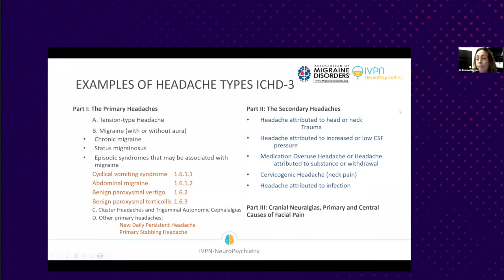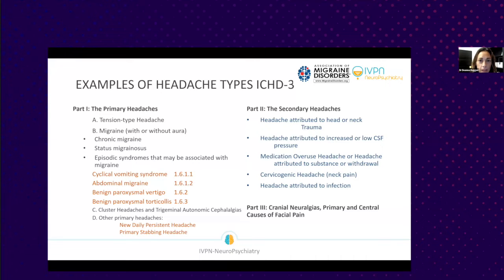So this is a bit of an overwhelming slide, but this is really just a snapshot of some of the more common headache types that are described in the International Headache Classification. So part 1 are primary headache types, including tension type headache, which are the most common type of headache that most individuals experience in their lifetime. And secondly, migraine, which is the most disabling headache type worldwide. Even in kids and adolescents, there are kids that suffer from chronic migraine or status migrainosus, which is a migraine lasting longer than 72 hours in duration.